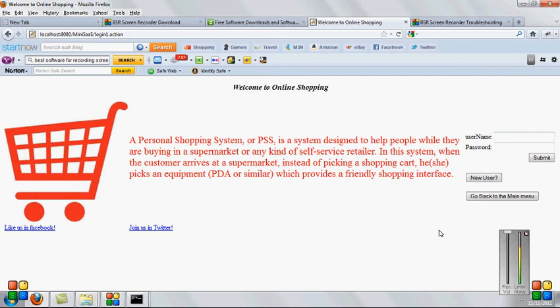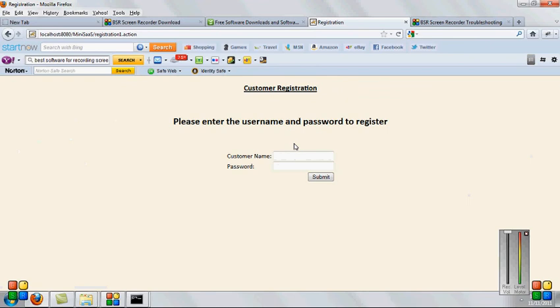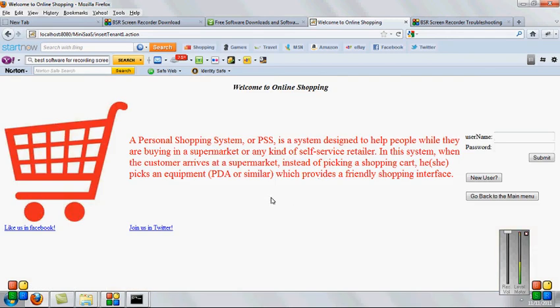And for new user, this one is for the customer, the end users. They have to get registered with the website, so they have to click the new user to get registered, and they enter some password, submit the values, and now they can enter into the website.